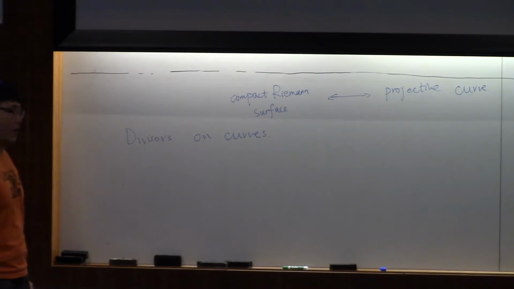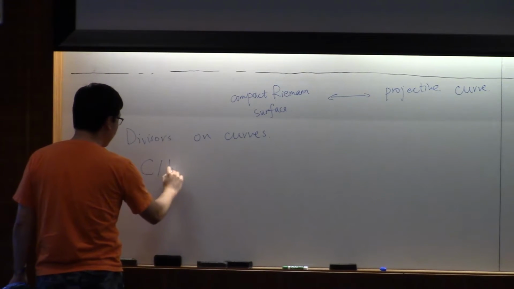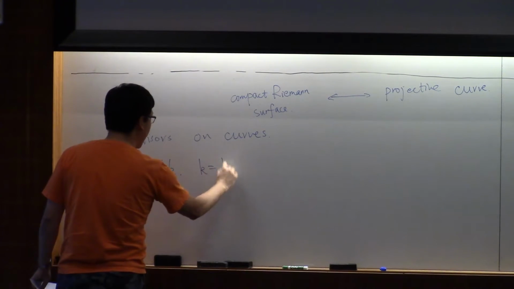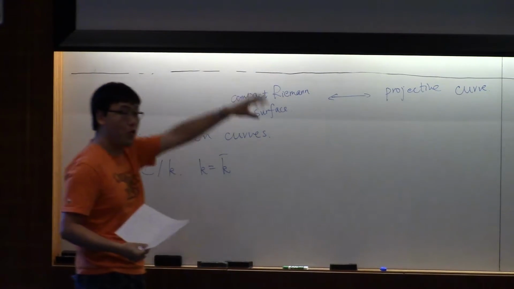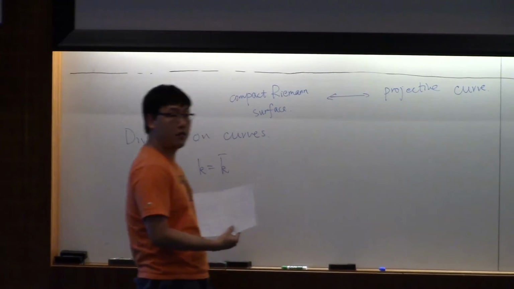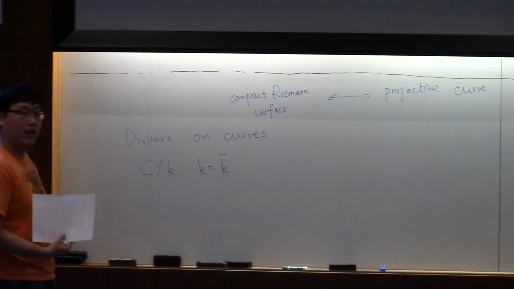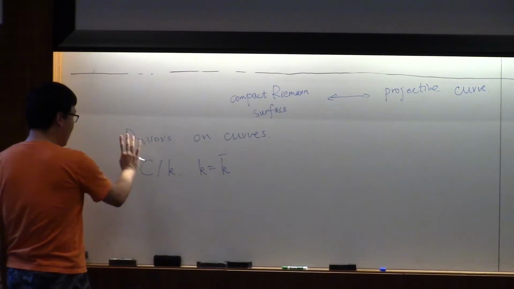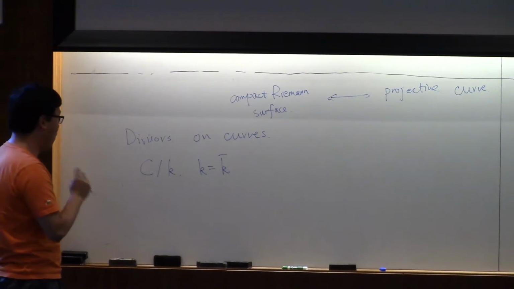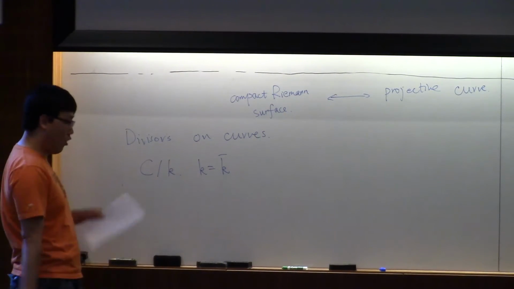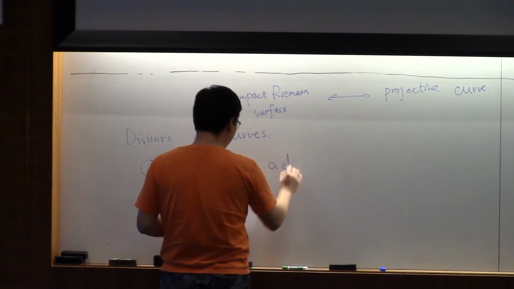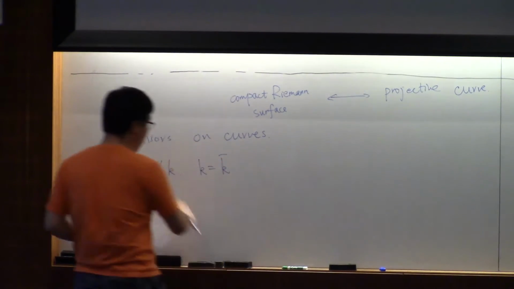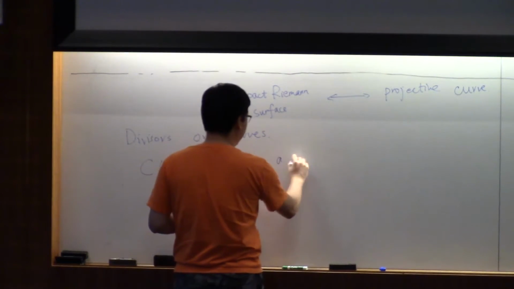So what is a divisor? Let's start from the definition when the base field K is algebraically closed. This is not the object we want to study, because we want to prove the Weil conjecture for projective curves over finite fields, but finite fields cannot be algebraically closed. But for the definition, it is better to start from projective curves defined over an algebraically closed field. Then, on such a smooth projective curve, a divisor